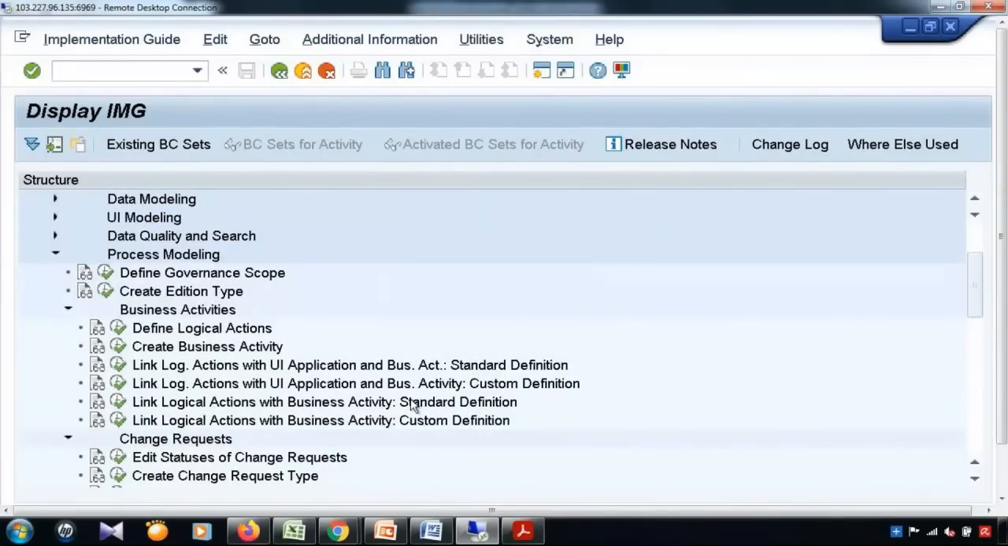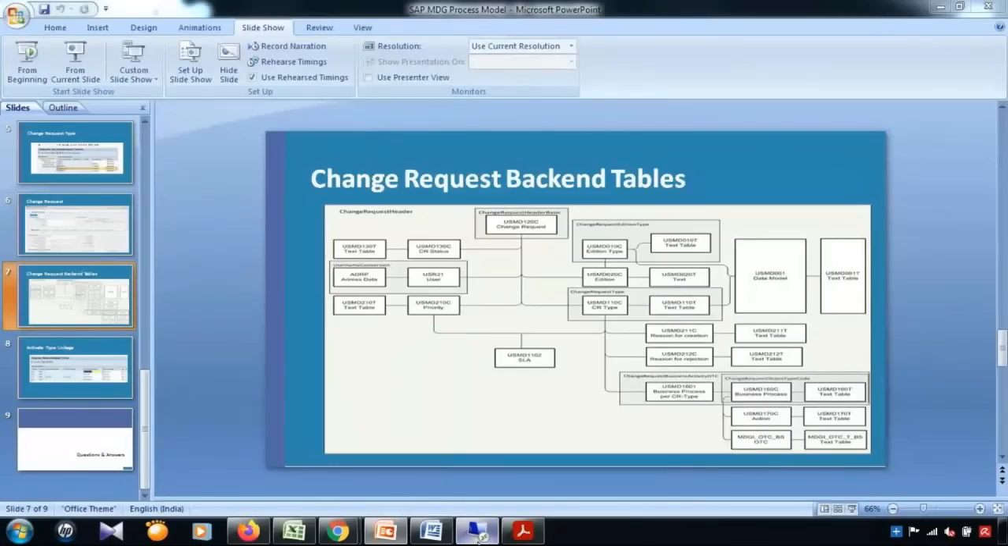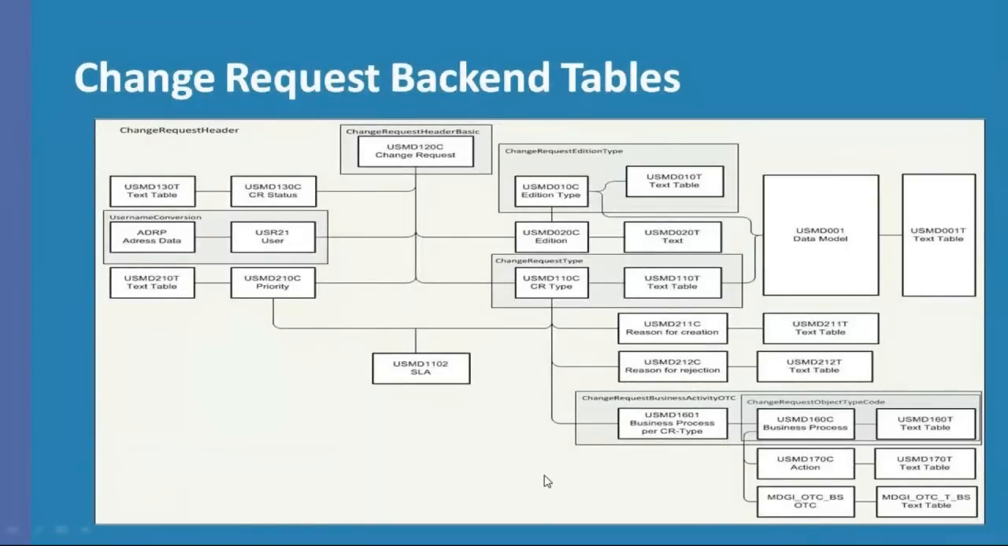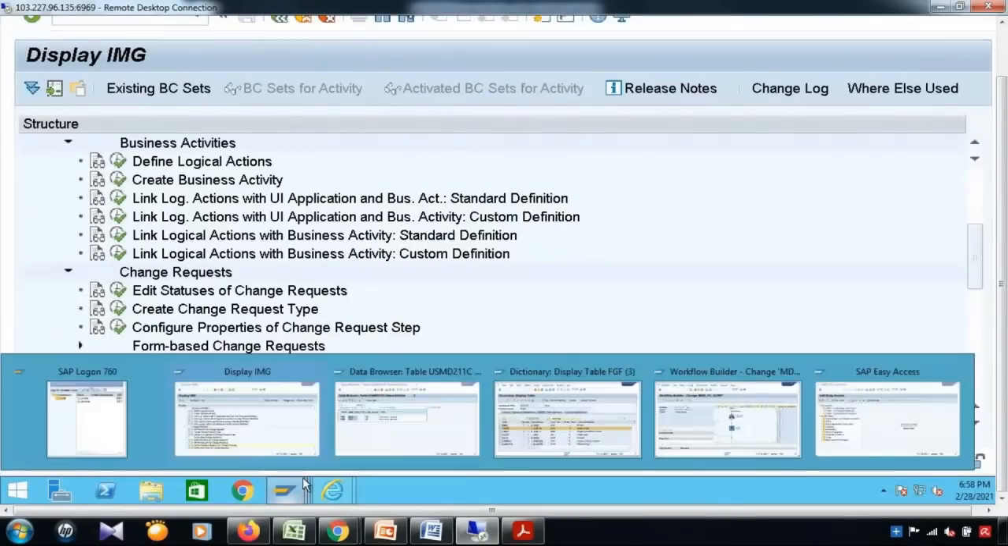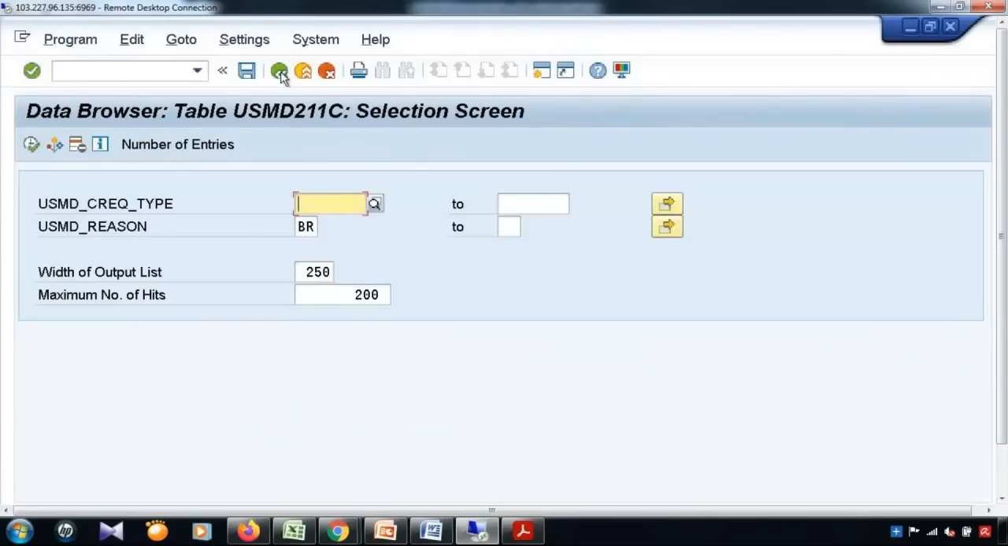That is nothing but the custom process, if you want to maintain it for a custom data model. This is the way you have to maintain this. And in this structure, apart from what we discussed, you can also see the change request number, whatever change request you have created, in table USMD120C. This is a very useful table, and we will frequently go there to check the change request. So you have to keep this table in mind,